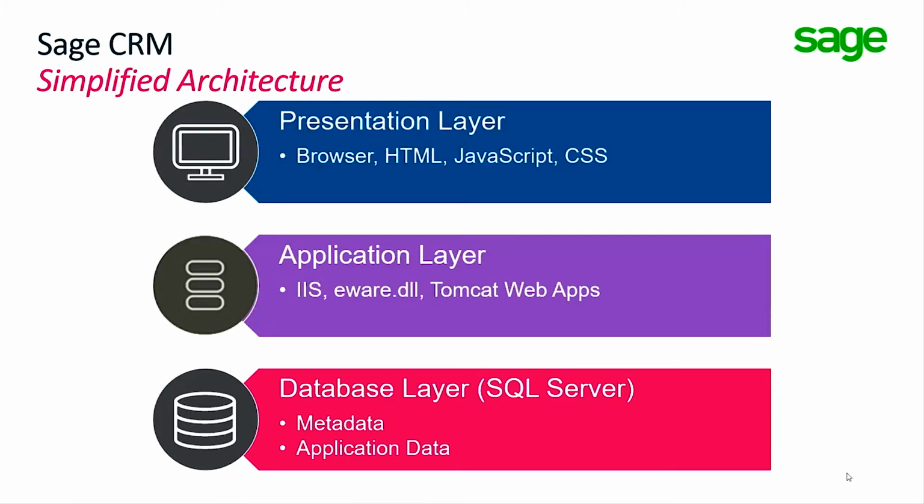Sage CRM 2021 R1 has added metadata discovery to the RESTful API. A developer can now read the metadata for a screen such as company box long and know which fields from the company table should be displayed when they are retrieved. The use of metadata separates the application code from the display code and should mean that it's easier to create apps and portals that access Sage CRM data.